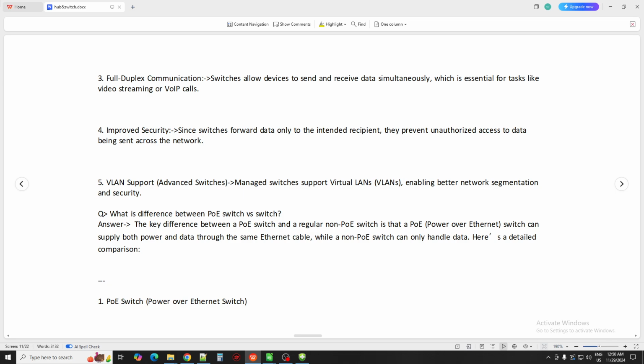Then improved security: since a switch forwards data only to the intended recipient, it prevents unauthorized access to data being sent across the network.